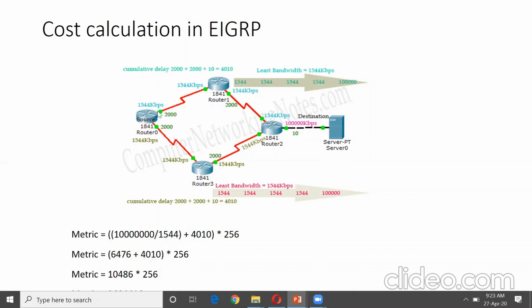Now calculate the delay. So delay for this outgoing interface, delay is 2000. For this outgoing interface, delay is 2000. And for fast Ethernet, delay is 100 microsecond, means we need to consider tens of 100, that is 10. So 2000 plus 2000 plus 10. So cumulative delay is 4010. So here we put that 4010 in the formula and we'll get